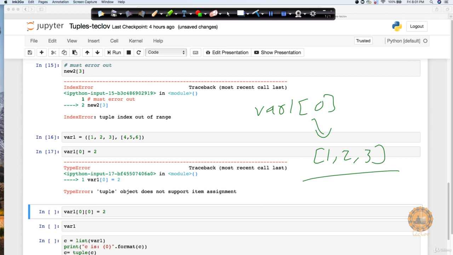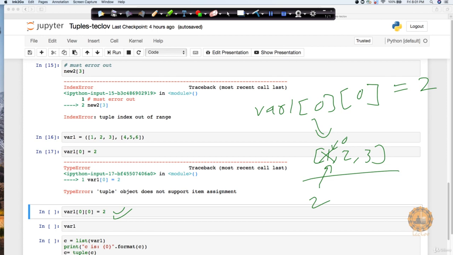Since this is a list, if I try to change it now, inside this, I say that, okay, I want to update the value of this 1 to some other value, let's say 2. So what is the index of this? 0. So I can say 0 here. If I now try to change this value from 1 to 2, it's going to update it, because now you are no longer updating a tuple, you are updating a list within a tuple. So that's the reason this statement will execute.